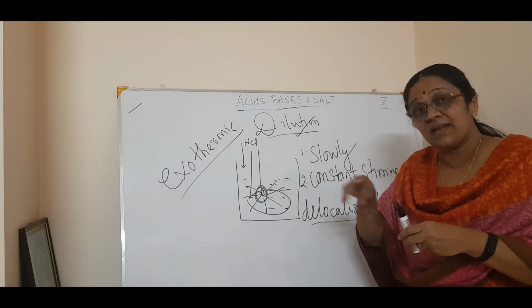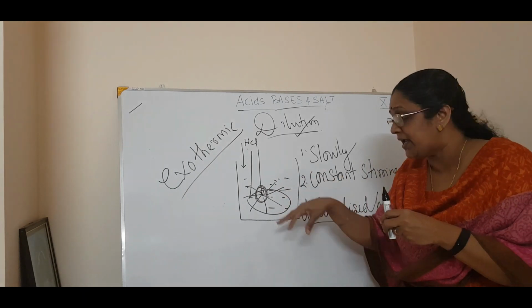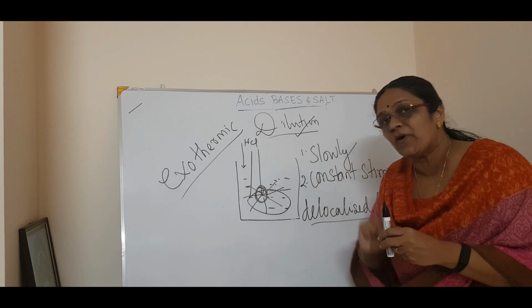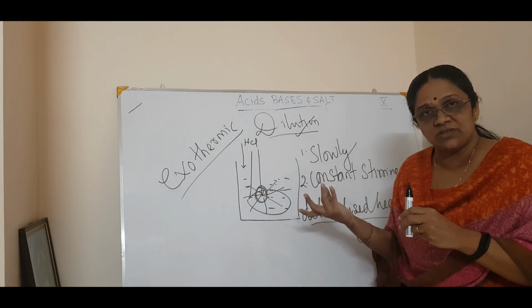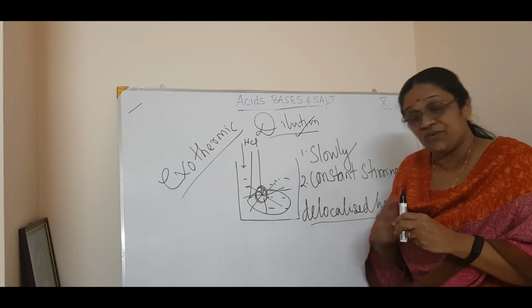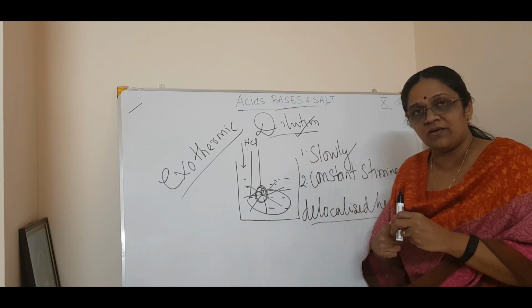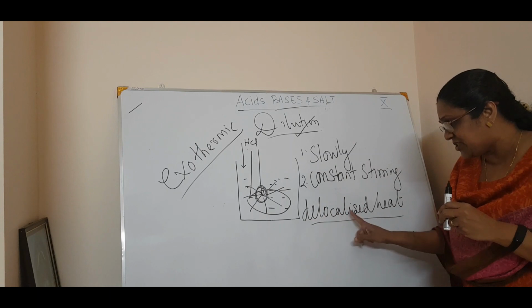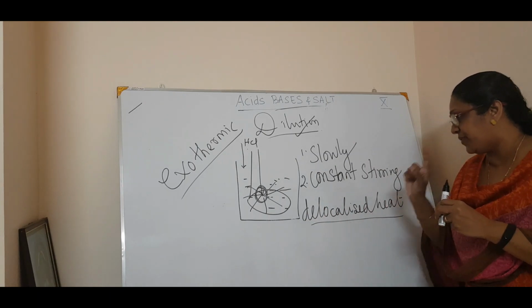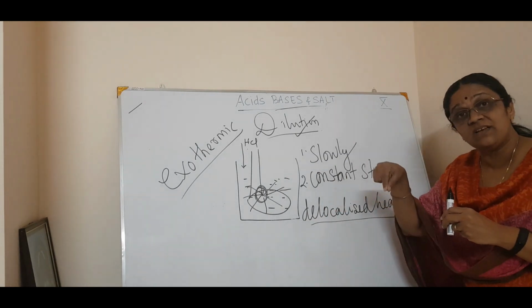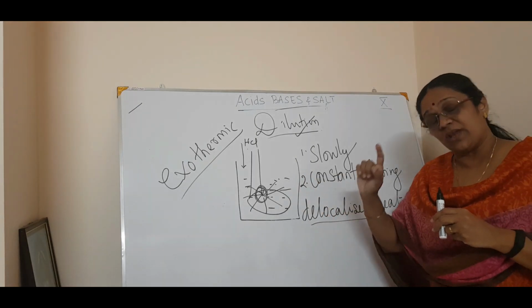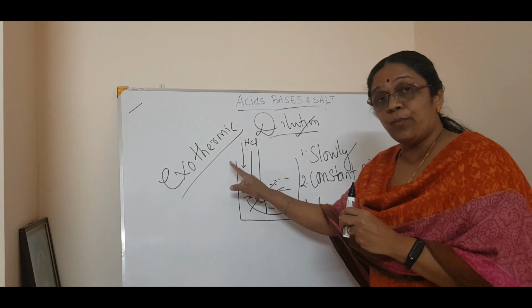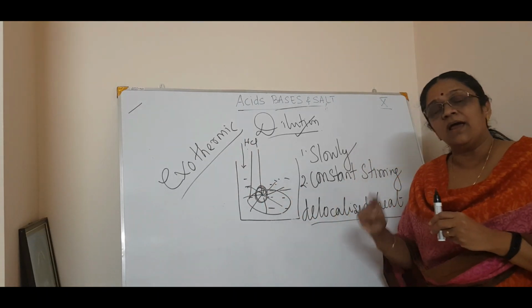That is, we are spreading the heat in all directions so that the heat is not getting into one point, which makes it very, very dangerous. It will get splashed out and burns can happen. Severe burns can happen. So that is why, for delocalization of heat, you have to stir constantly. Correct? So this is why you have to pour an acid into water